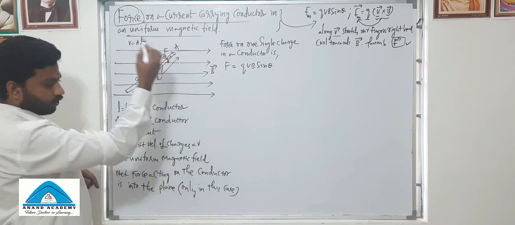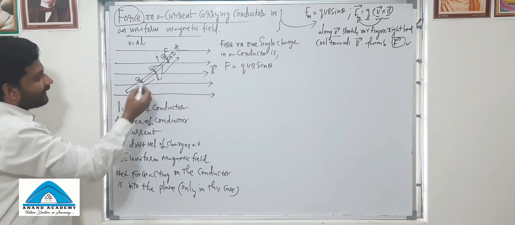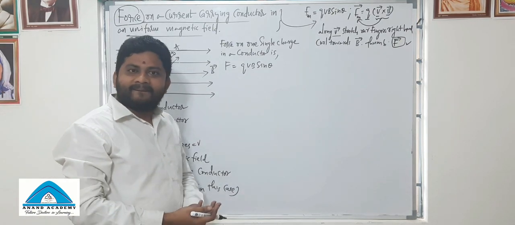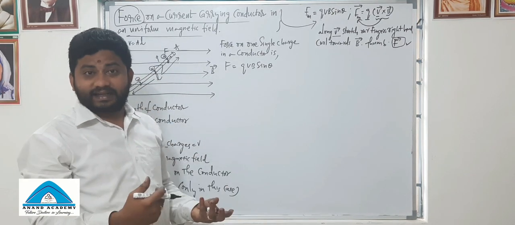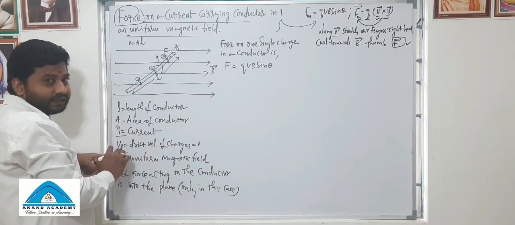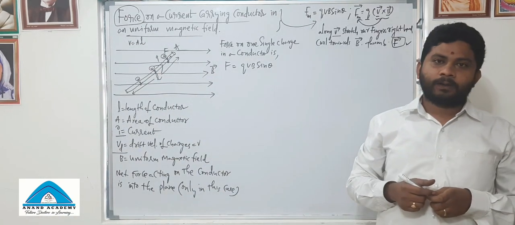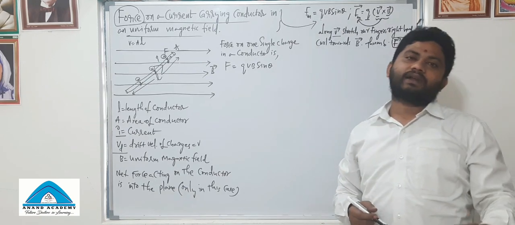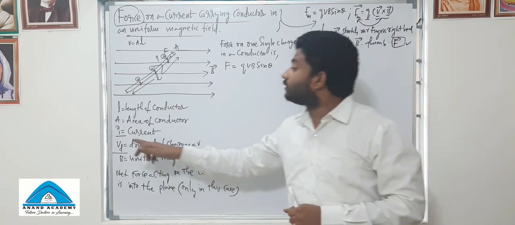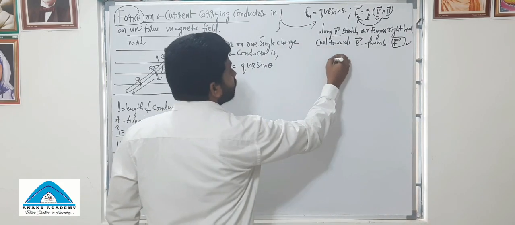Okay, so no confusion at all. V is drift velocity. Now here we are talking about the drift velocity and the current. Immediately you should recollect the relation between drift velocity and current. I have told you during the drift velocity topic in current electricity, when there is a question based on drift velocity, 99% the question will be based on the relation between drift velocity and electric current.